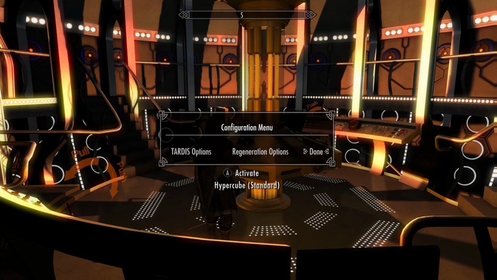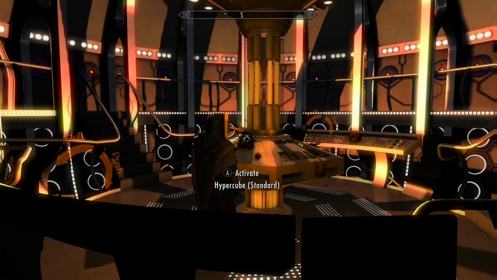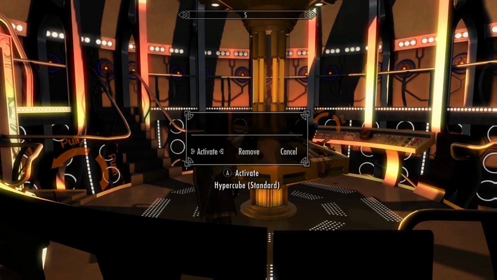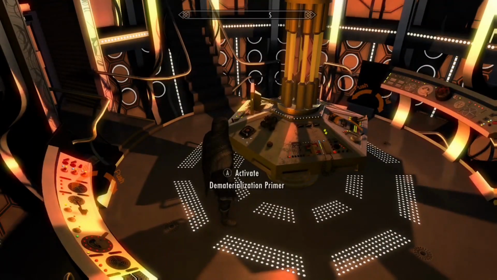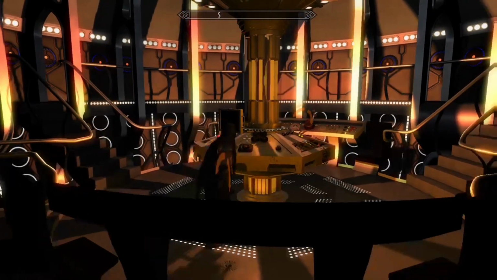Anyway, so once you have all your settings set the way you want, then just click on this, and eventually that thing will, there you go, and hit remove. And now we're ready to do our first travel at 10 minutes into this video. So